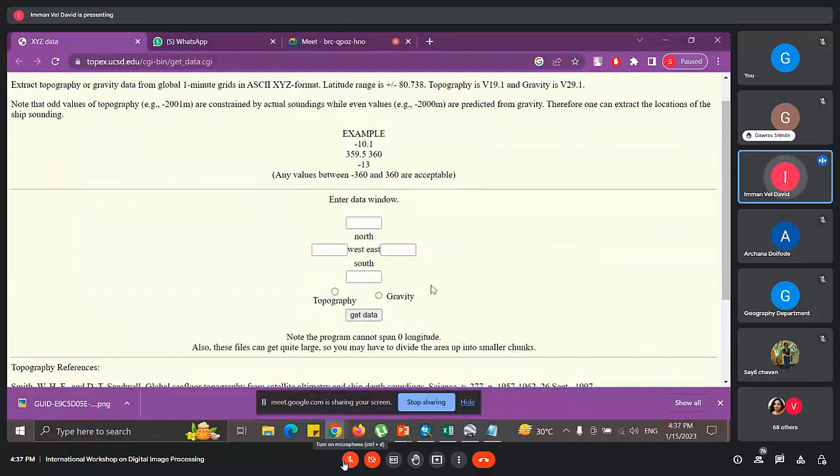In the portion on gravity, many people are working on the gravity field to observe the Earth's gravitational field. You know that the constant value of gravity is 9.8 meters per second squared.